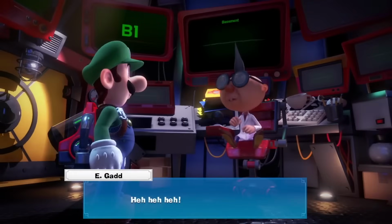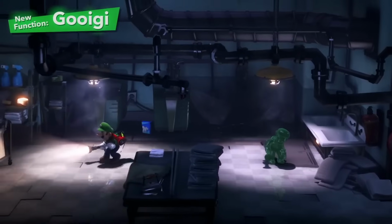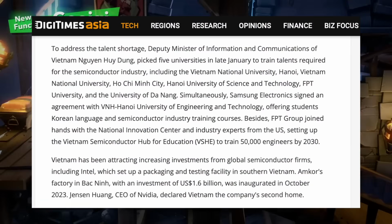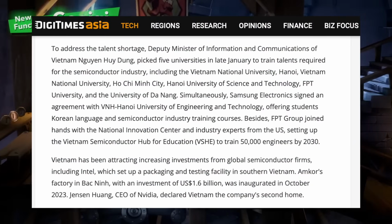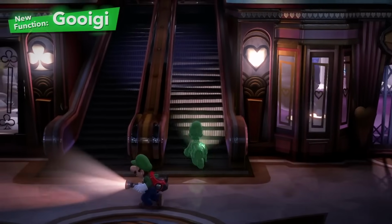DigiTimes Asia quotes Jensen Huang, CEO of Switch chip manufacturer Nvidia, as declaring Vietnam as its second home. A Reuters article elucidated: the base will be for attracting talent from around the world to contribute to the development of Vietnam's semiconductor ecosystem and digitalization, the Vietnamese government stated, citing Huang after its meeting with Prime Minister Pham Minh